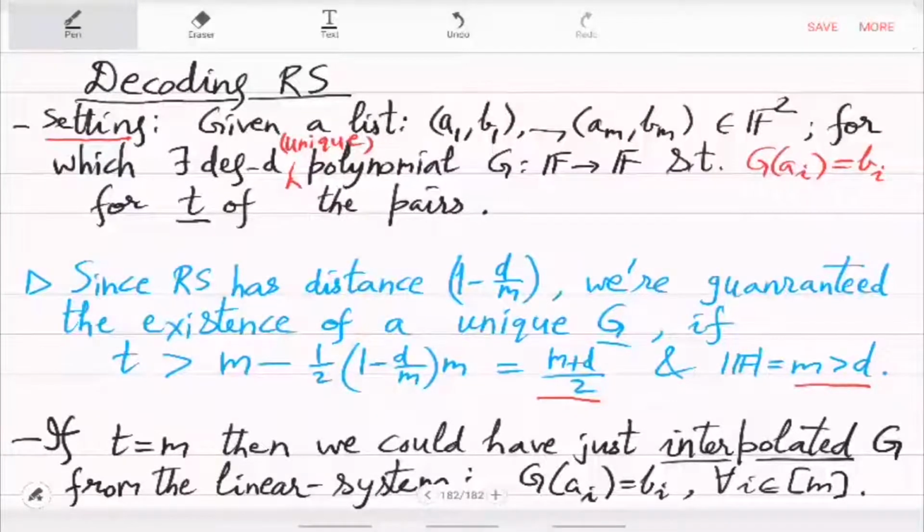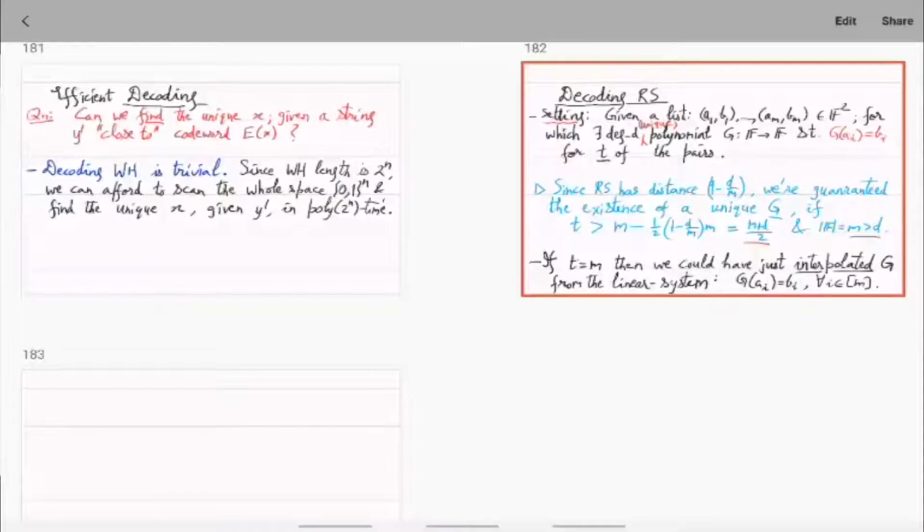But what if T is less than M? Okay, so we will do that now. So assume that T is smaller than M, which means that M minus T pairs are erroneous and you don't know which pairs are good, which pairs are bad. Still you want to find G. So the idea is